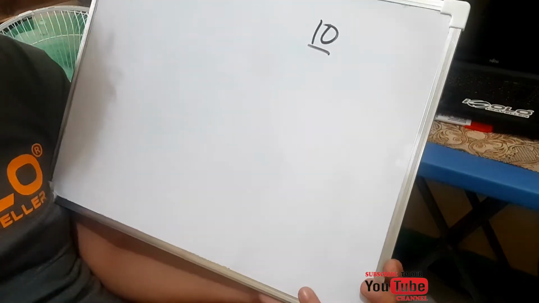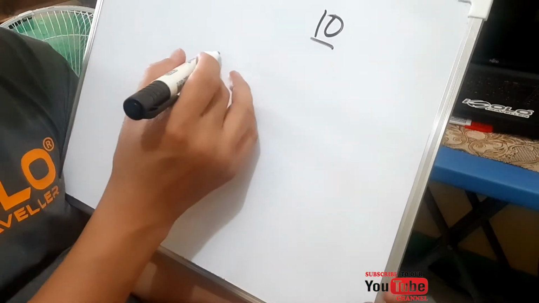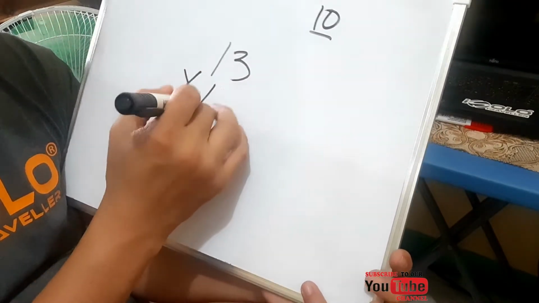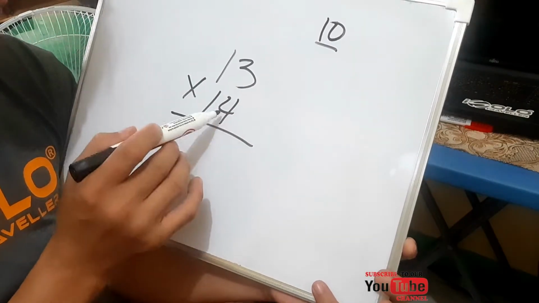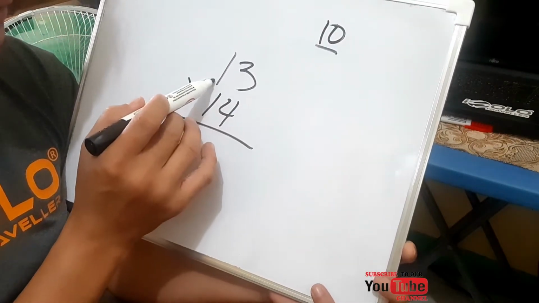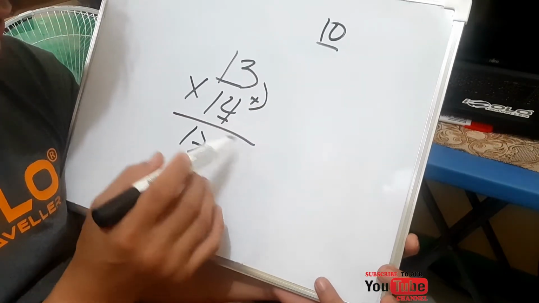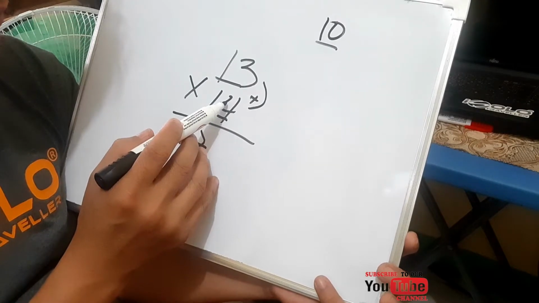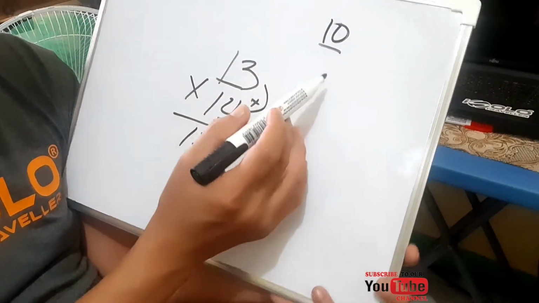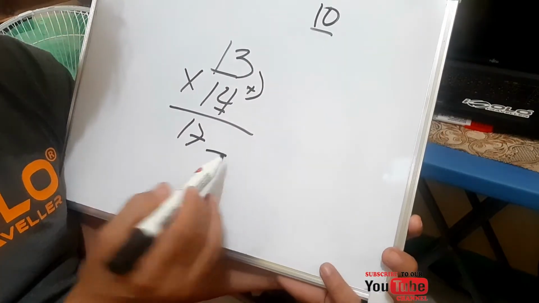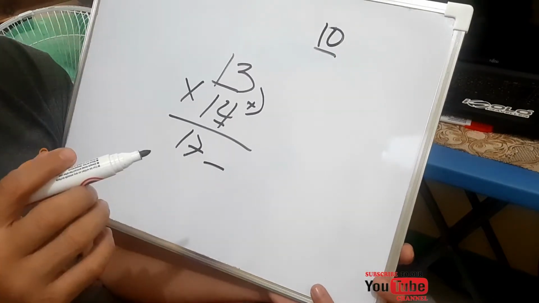Okay, let me give you another example. 13 times 14. As we have done earlier, add this 4 to the entire number 13. 13 plus 4 equals 17. And 4, and 3 times 4, 12. Remember, since 10 has 1 zero, add 1 space here for you not to miss the exact